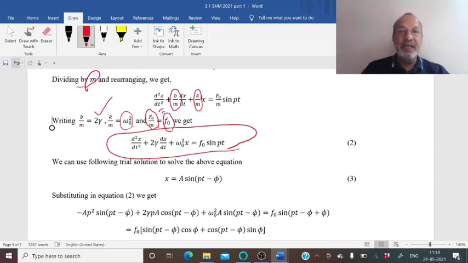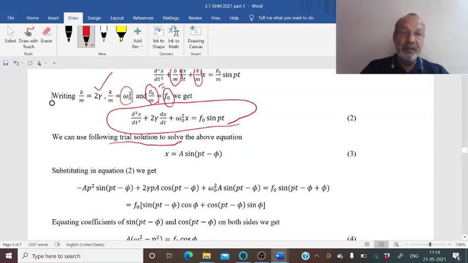There is a standard method of solving this problem in mathematics, but we use physical intuition to solve this differential equation using some intelligent guess, which is called a trial solution. A trial solution is actually an intelligent guess of the solution. If that is the correct solution, then it will solve the differential equation.